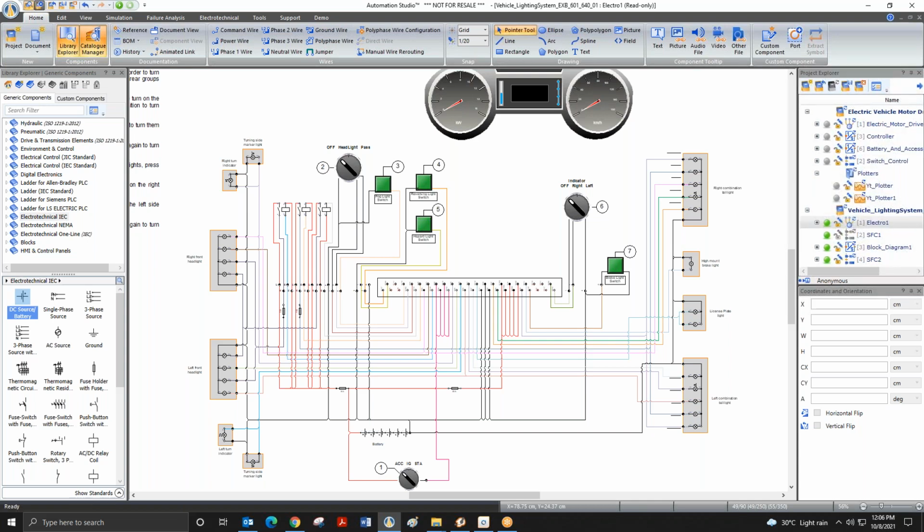Do you have any marketing material for this automotive package? Like what kind of experiments an institute or university can cover using the automotive package of Automation Studio? Because in the general brochure we cannot highlight that.